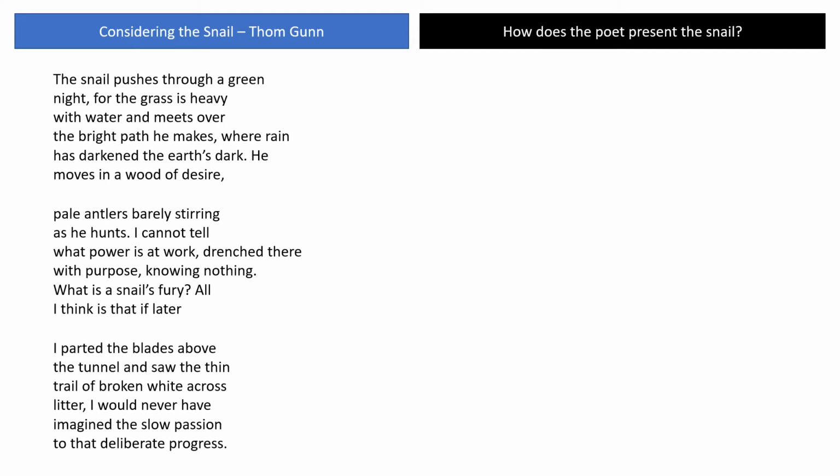When you see the poem for the first time, it can be a little bit daunting, but remember, with unseen poetry, no other student has seen this as well. So the examiner's looking to see what you come up with on your own. So they know that the teacher hasn't prepared you with this exact poem. So that's what the examiner wants to see, what ideas you come up with.